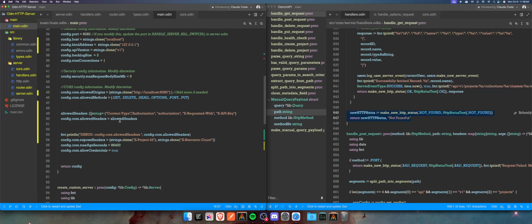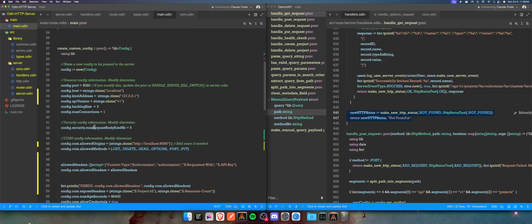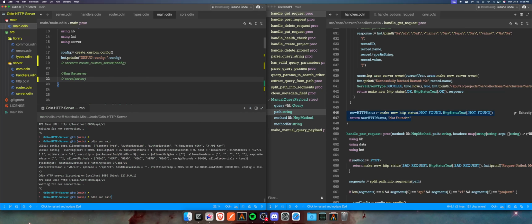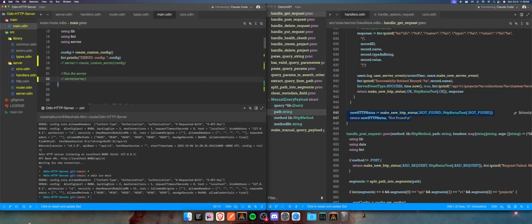Very interesting. Allowed headers. So the moment it gets returned, it's just non-existent. Allowed methods is fine. Allowed origins is empty. Allowed headers is empty when we print it out in here. But when we print it out from within,